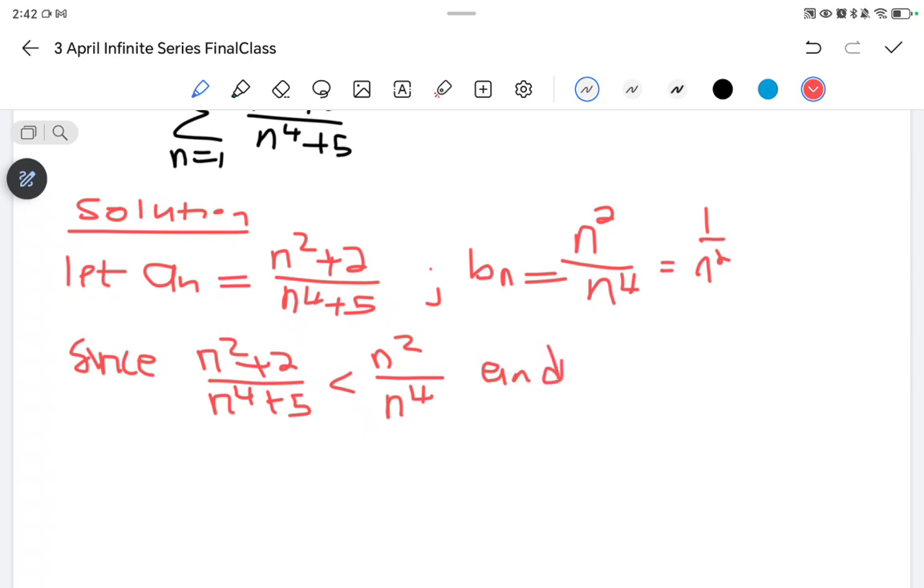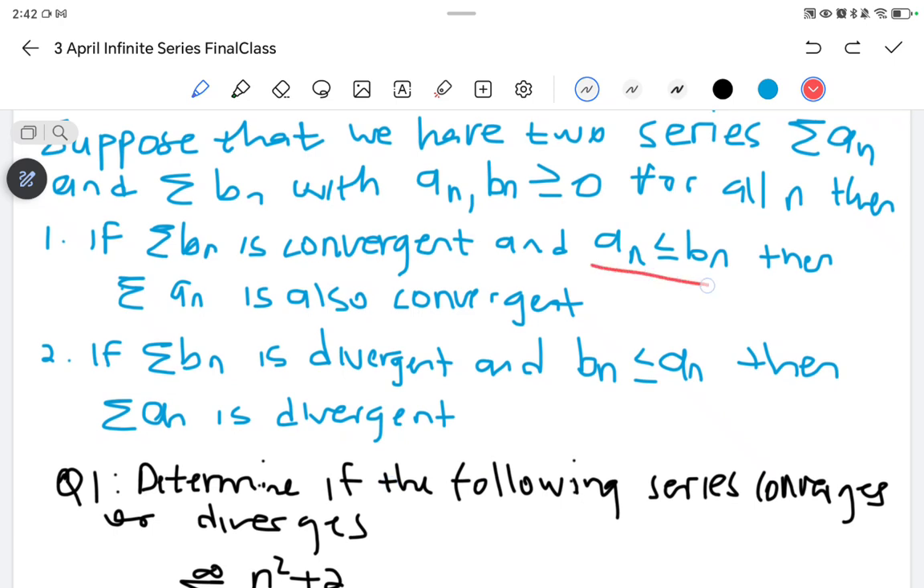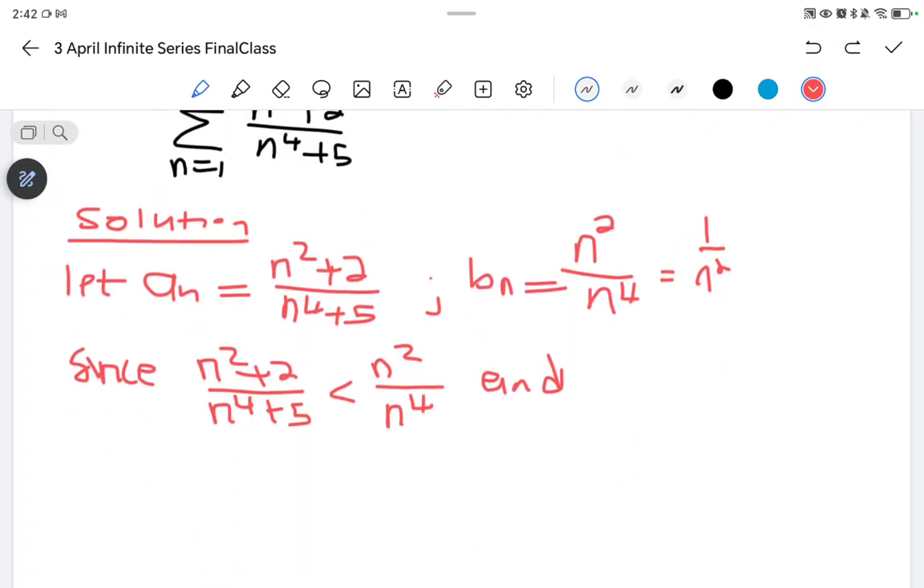And we checked first that A of n is less than B of n. Then now we need to check if B of n is convergent. If it's convergent, then we can deduce that A of n is also convergent. So we can do the same thing. Now, the summation of n equals 1 up until infinity of Bn, which is 1 over n squared,